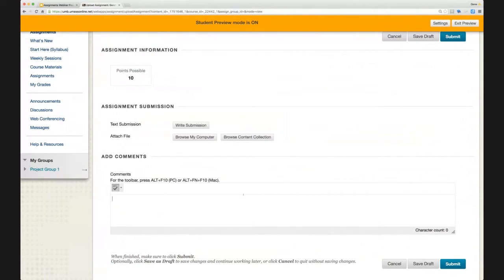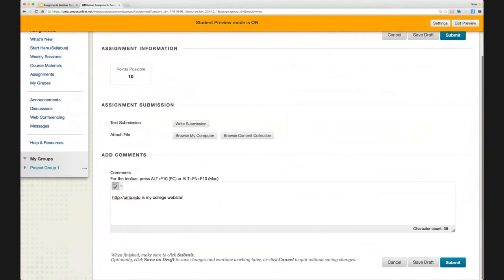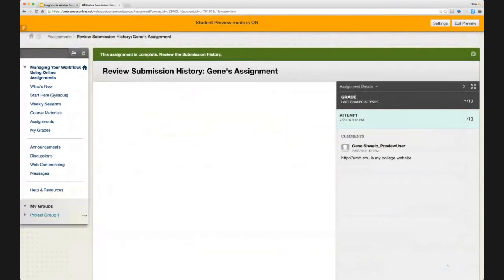let's say my assignment was to find a website. So I could say something like here, and that's it. So I could just submit that assignment. Now you'll notice there's nothing in the submission box because I didn't have any attachment. My whole assignment is over on the right here. It just shows what the user did. Now I can exit preview,